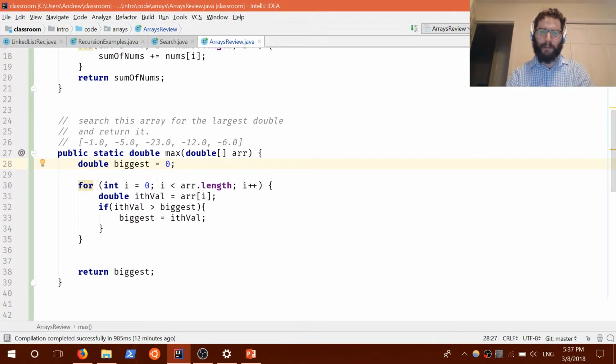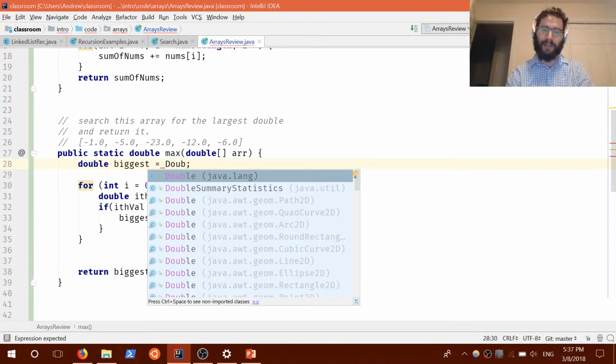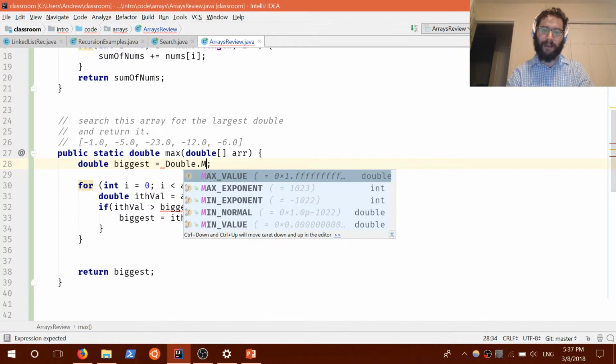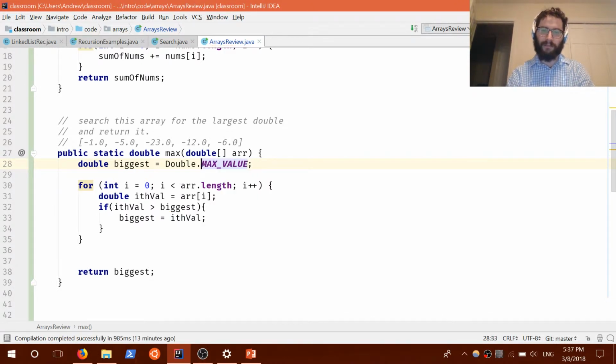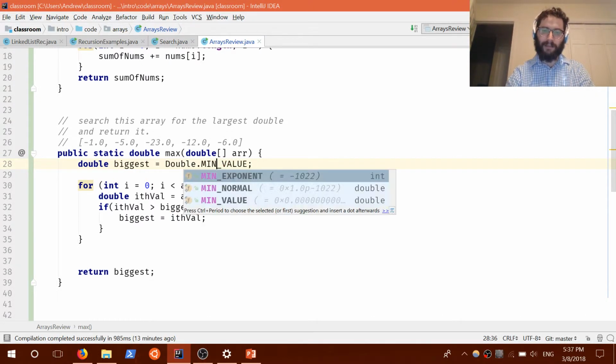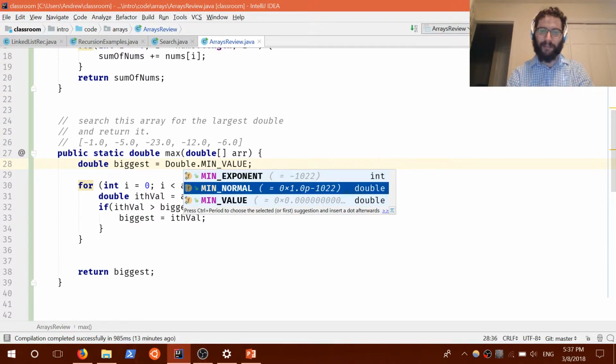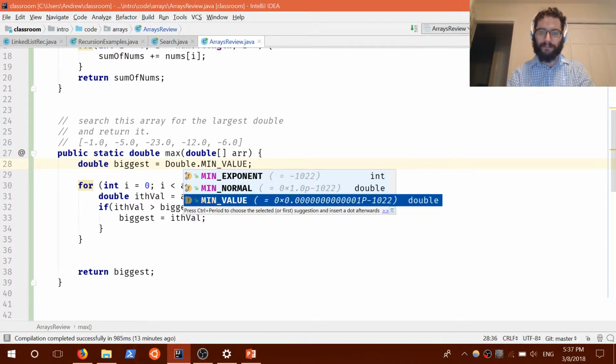So there's a couple of things we can do here. The first thing is that we can basically do what I sometimes do, which is I say double biggest number is Double.MIN_VALUE. Sorry, not max value, min value. So this is the smallest possible value, and it's highlighted right now on the screen, 0.0001 to the negative